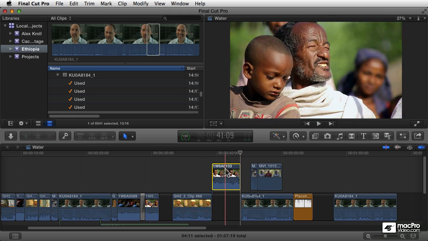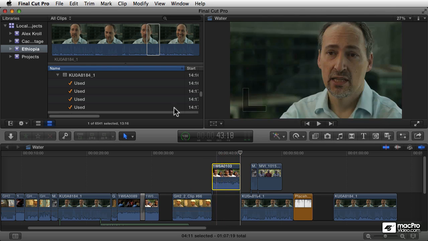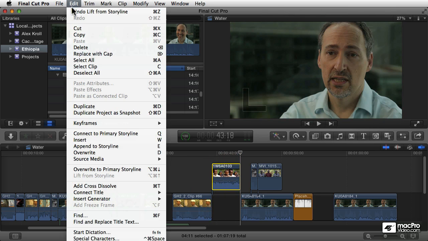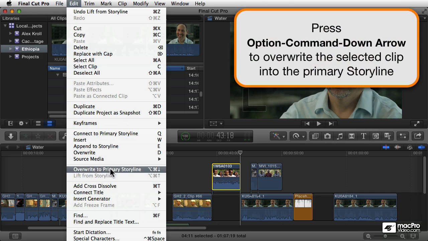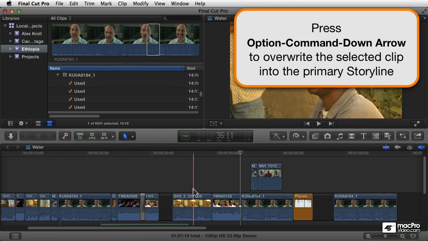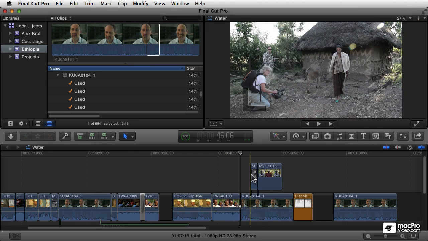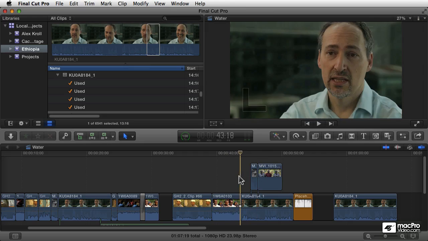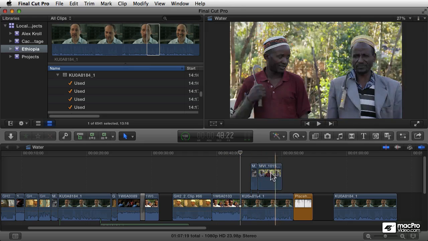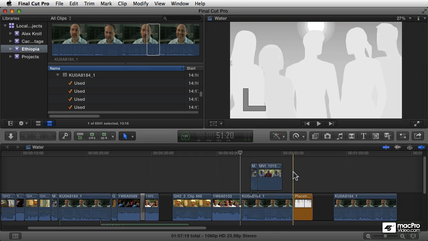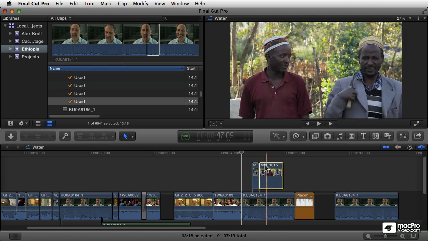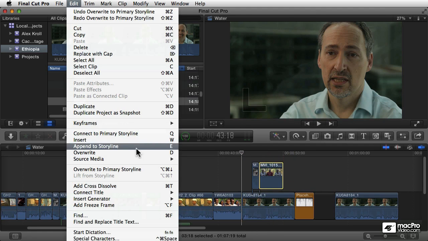And then similarly, you can do the thing in reverse with a shortcut. So you can take that item, select the edit menu, and choose overwrite to primary storyline, and that's going to drop it right back down. And this is especially nice in cases like where you've got a cutaway here, but once you've decided you're happy with the cutaway, you want to just collapse it to make your timeline a little bit cleaner and more simple. So if I select a clip and then I go to the edit menu and choose overwrite to primary storyline,